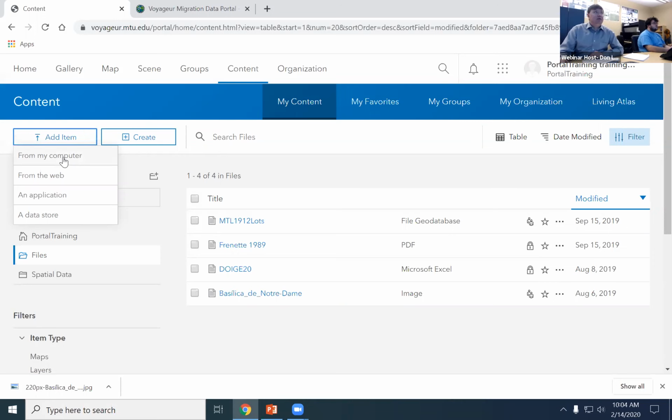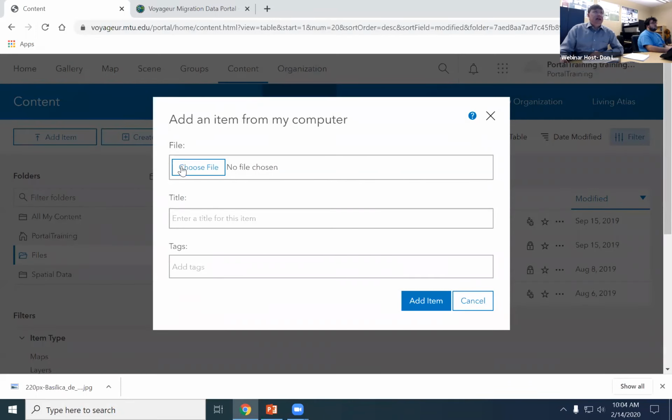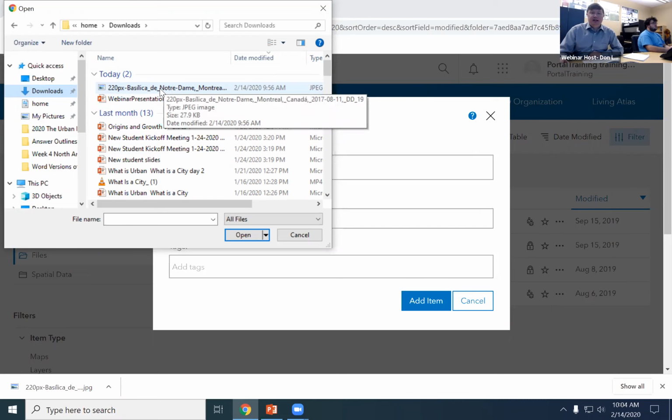So add item from my computer. Then you're going to choose the file off of your computer. And I would like you, just for the sake of the training, to go and find that picture of the Notre Dame Basilica that we downloaded earlier. So I'm going to click on my image, click open,